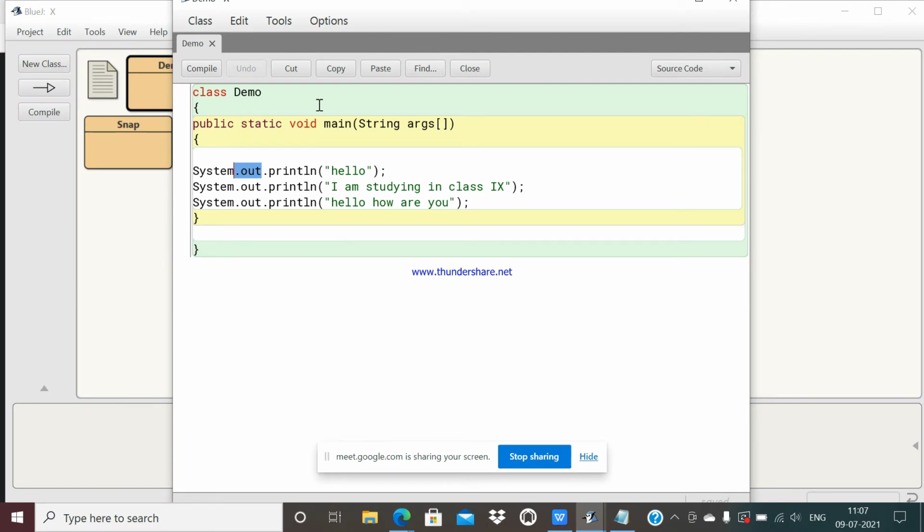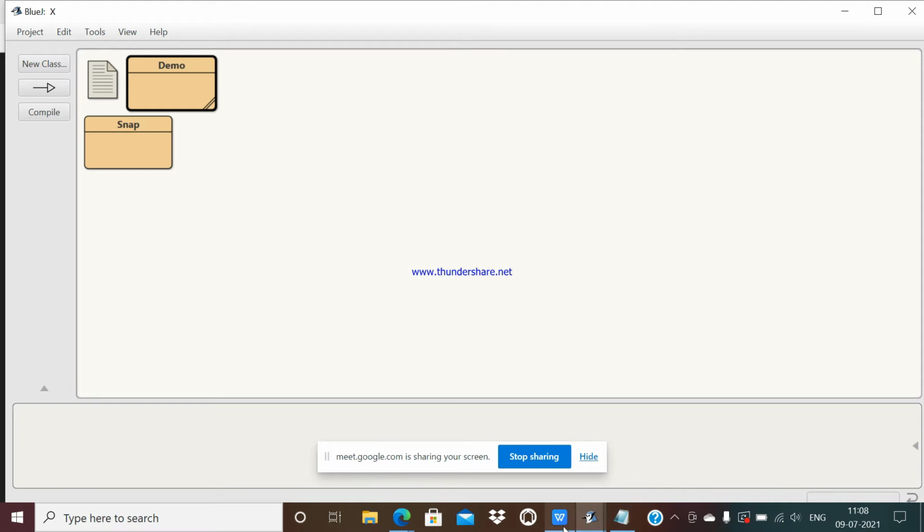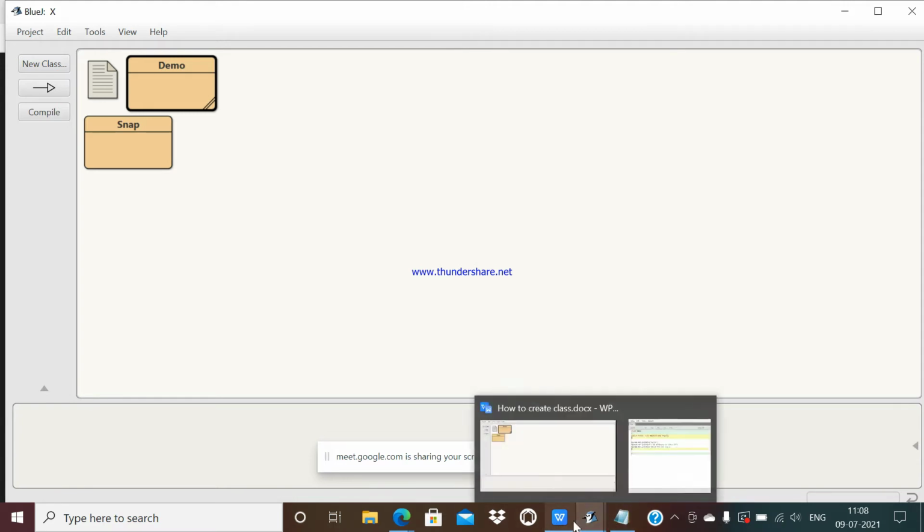Now what I am going to do is make some functions in the class, and to call those functions I'll create an object, and with the help of the object I'll call those functions in my class. How will we do it? Let's get started.